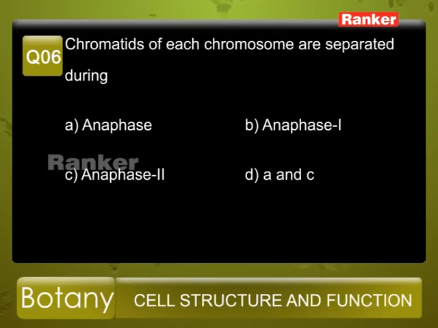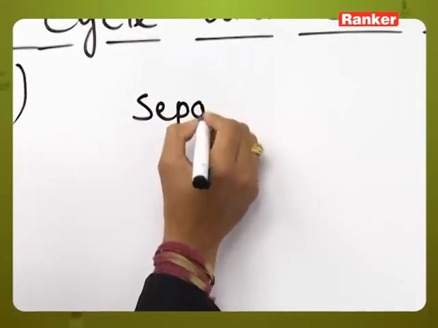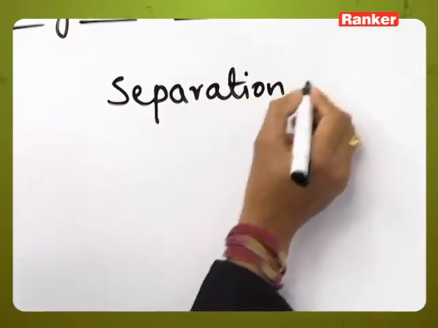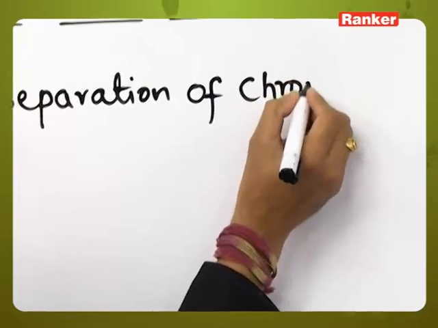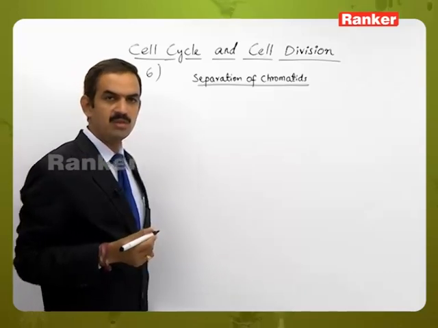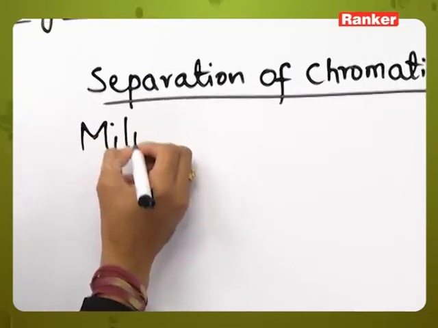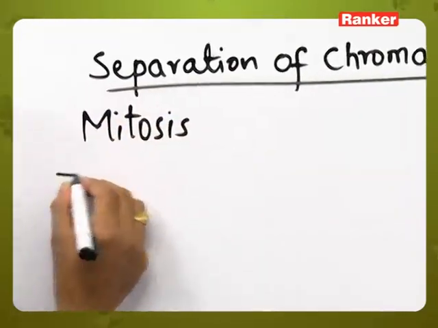Question number 6. Chromatids of each chromosome are separated during: A. Anaphase, B. Anaphase 1, C. Anaphase 2, and D. A and B. So here, separation of chromatids will occur both during mitosis and also during meiosis. If you consider mitosis, and this is a cell